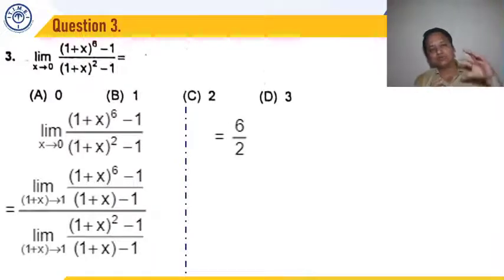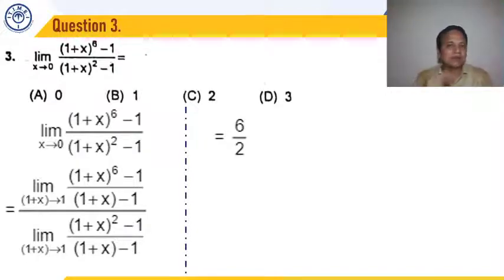So the question becomes very simple if we apply the standard form. If we factorize the expression, it becomes a lengthier one. It can be done by that method also, but we simply try to replicate into the standard form. So (1 plus x) to the whole power 6 minus 1 was the numerator and (1 plus x) whole square minus 1 was the denominator. So we divide numerator and denominator by x and then add plus 1 and minus 1. So we replicate the standard form and then find the limit by using the standard result,